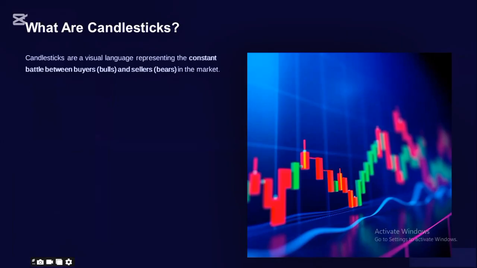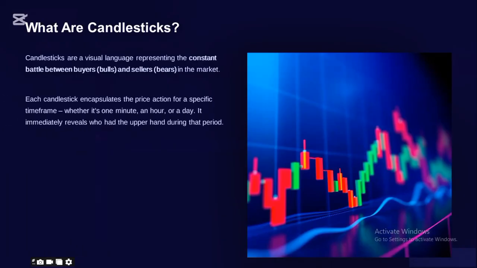When you hear the bulls, that is buyers. When you hear the bears, that is sellers. By now you should be familiar with all these lingos, because it's among the PDFs I sent to the beginners that messaged me. Each candlestick encapsulates the price action for a specific time frame,